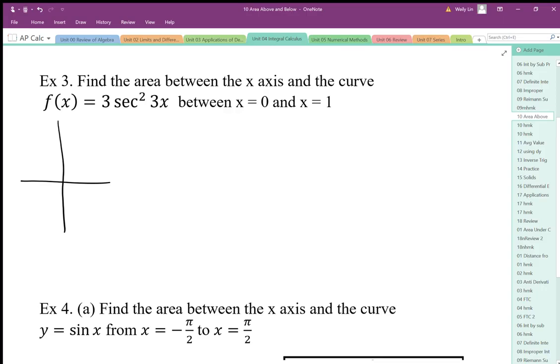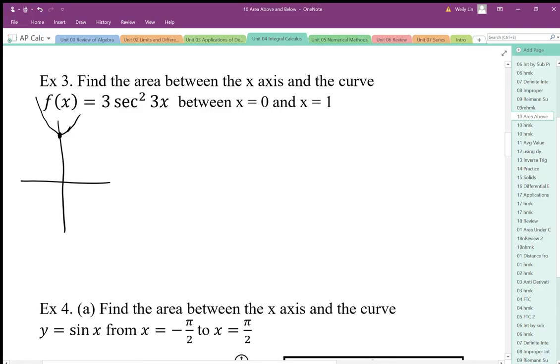It's basically going to be a secant squared graph, which has been vertically expanded and horizontally compressed. I think when x is 0, we're going to end up with secant of 0 is 1, times 3. So basically we're going to have something that looks like this. And when x is equal to